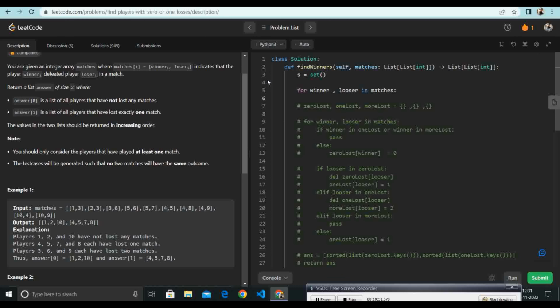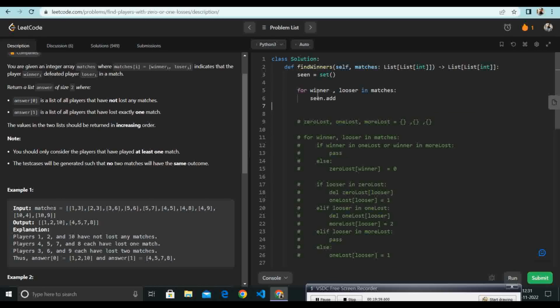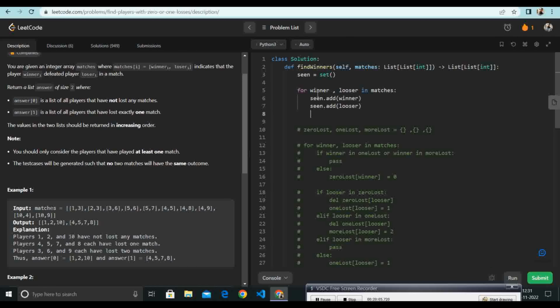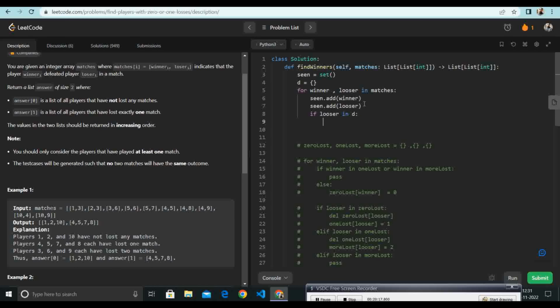If it is the case, then let's take a seen set, because we have seen this before. Okay, now seen dot add: we need to add both the winner and the loser. Seen dot add loser, and I need to take one dictionary, that is D. So if loser in D, or you can give the name as win or lose dictionary,